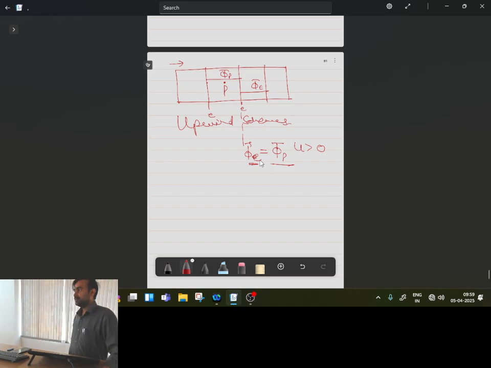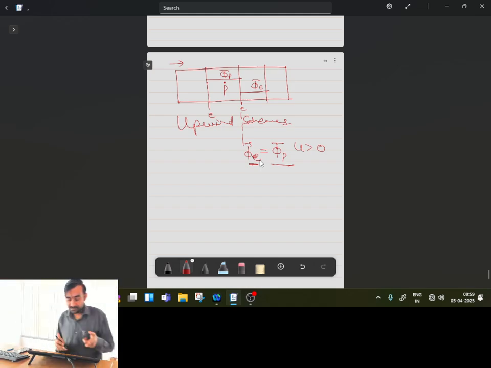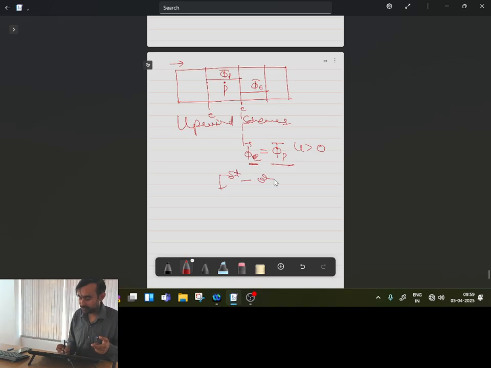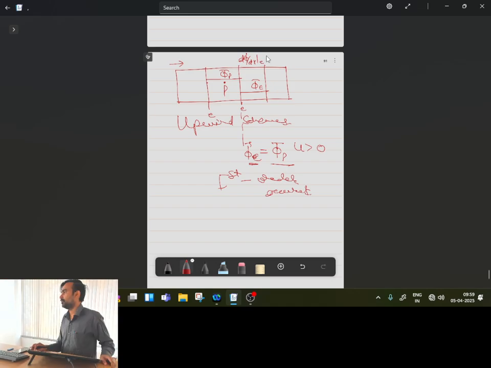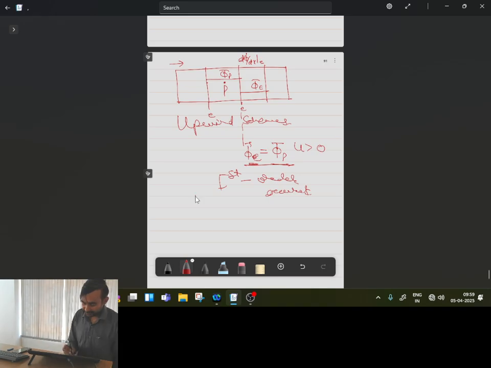Though the order of accuracy of this will be less. Central difference, linear interpolation, was second order accurate. Now this will be first order accurate. However, for estimation of d phi by dx, I will be using the same term. So this is one difference where upwind differencing schemes are preferred. Upwind differencing schemes, though, give the